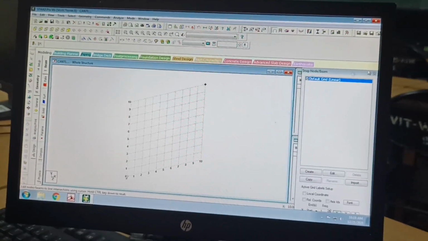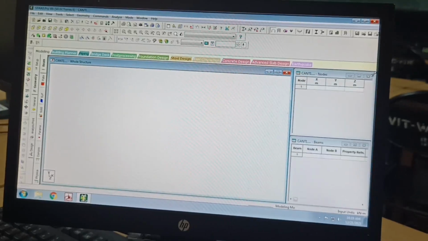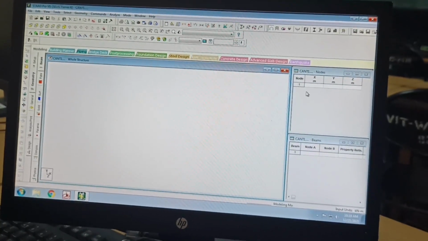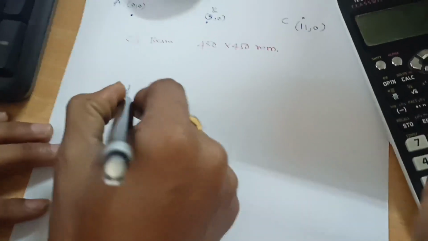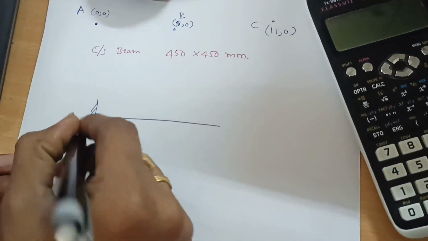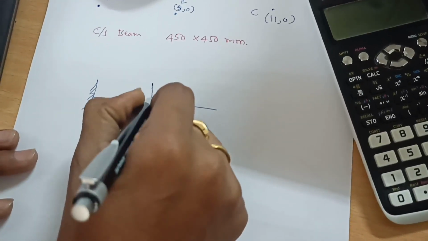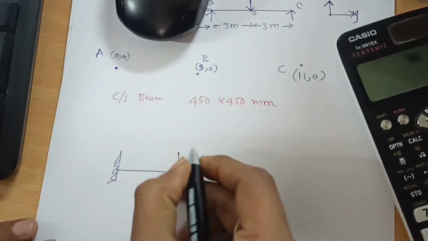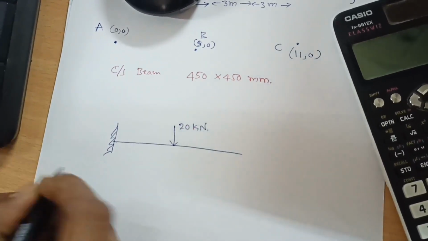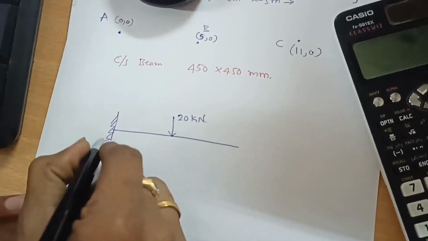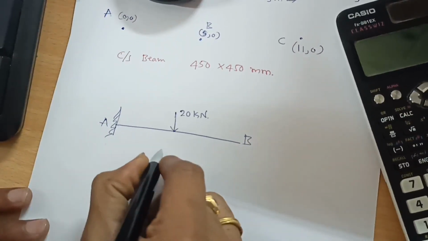Then the software opens, and the default grid is closed, because we are going to select coordinates. Here I am going to consider a cantilever beam. This is the cantilever member. One end is fixed, another end is free. This is subjected to a point load of 20 kilonewton, and the length of the AB member, or the cantilever beam, is